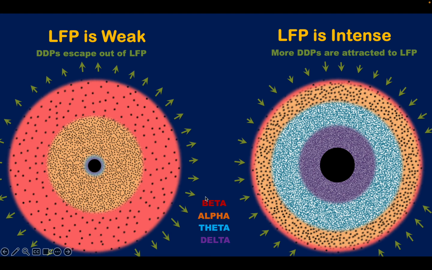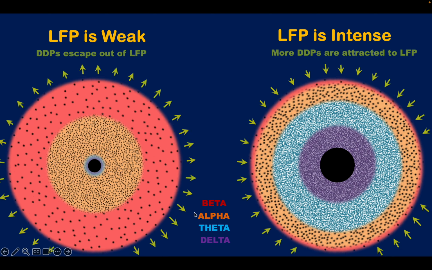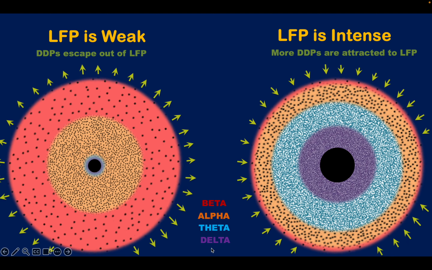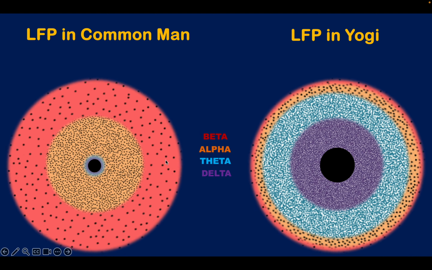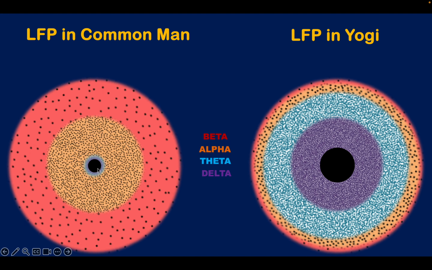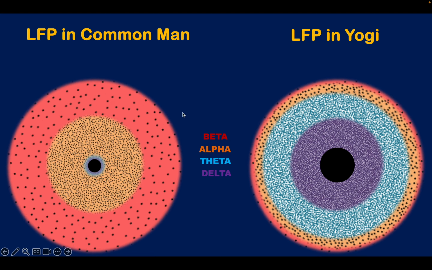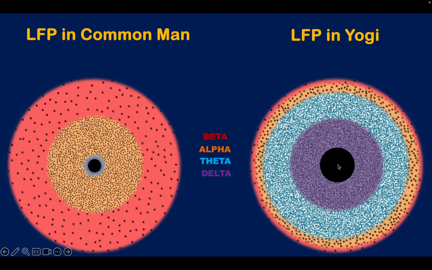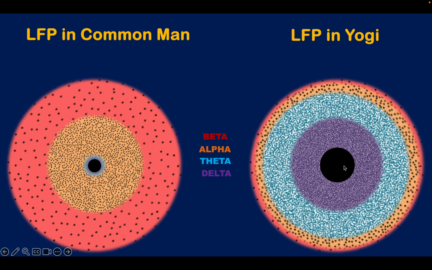And you can even see the frequency. The outer ones are of very high frequency, beta, alpha, theta, while the innermost one is more of the deep turiya thitam meditative frequency like delta. So the life force particle in a common man will be like this: less delta and theta, more alpha, and predominantly occupied by beta. The life force particle in a yogi will be less beta and predominantly heading towards theta, if not delta. And you can see the calmness in this life force particle.